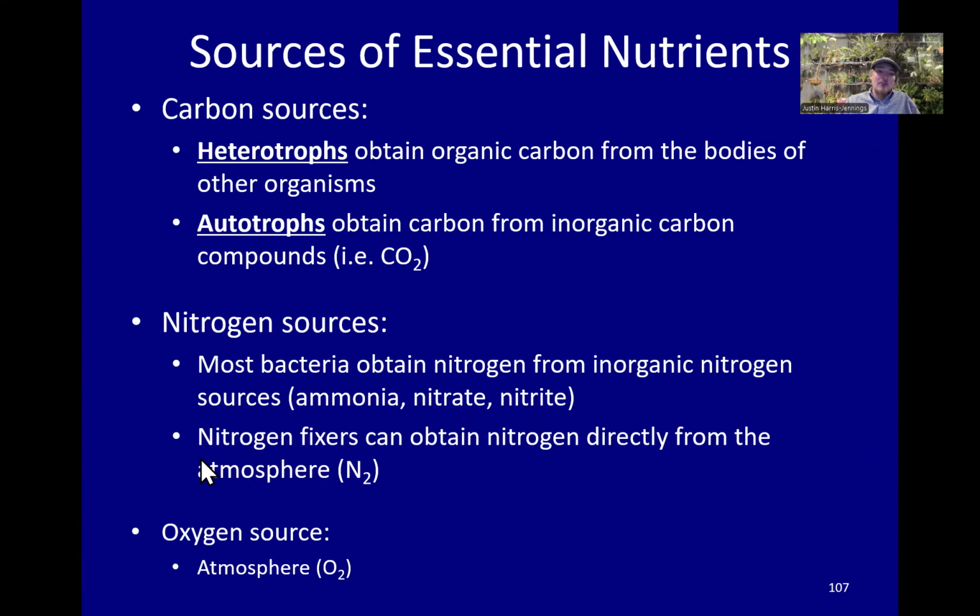And then you can have a few bacteria that are called nitrogen fixers, which can pull the nitrogen straight from the atmosphere, which is typically inert and not going to be reactive to anything, and make them into these inorganic forms of nitrate that can be more easily used in the biochemistry of these cells. So, nitrogen fixers,